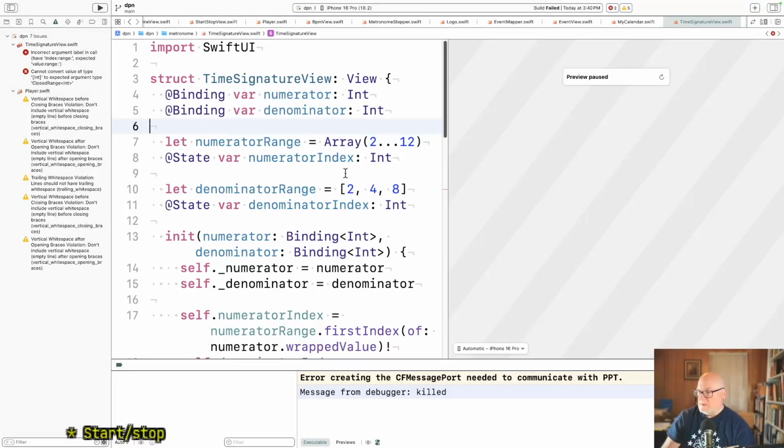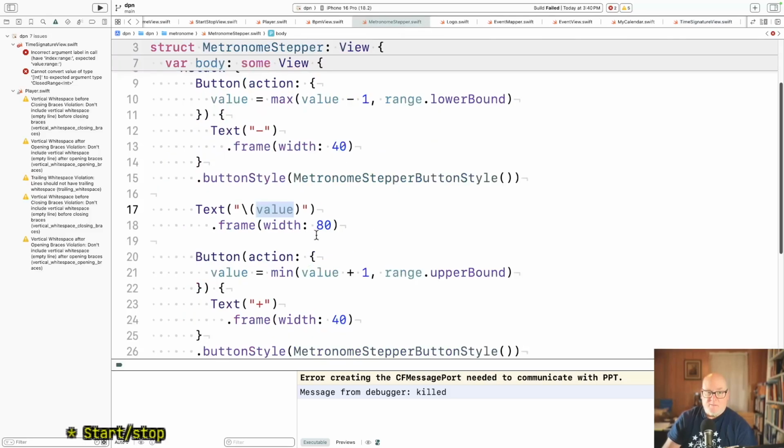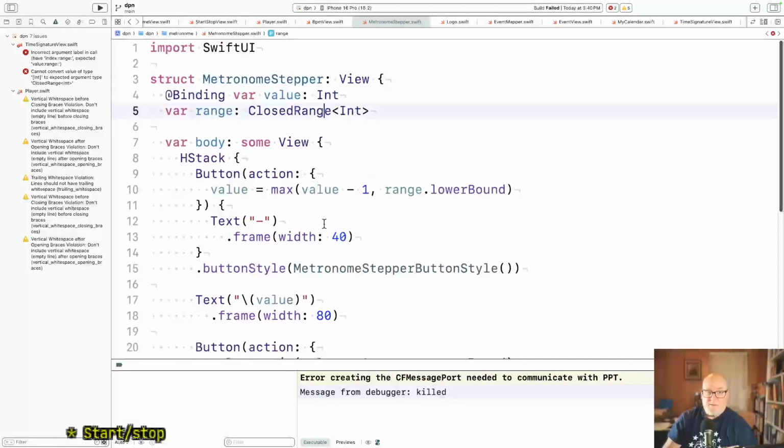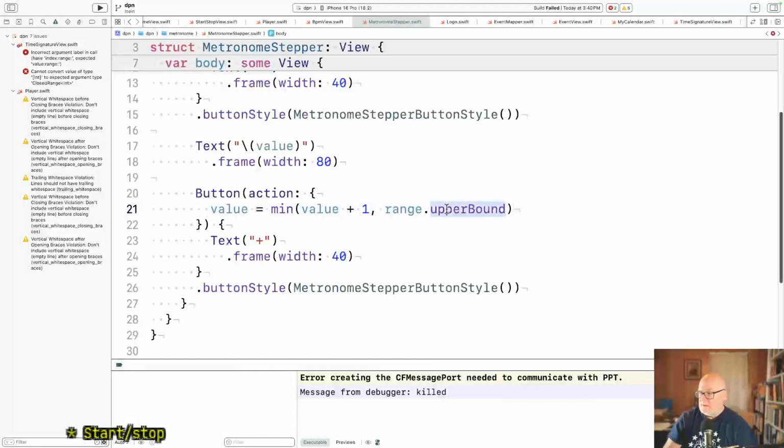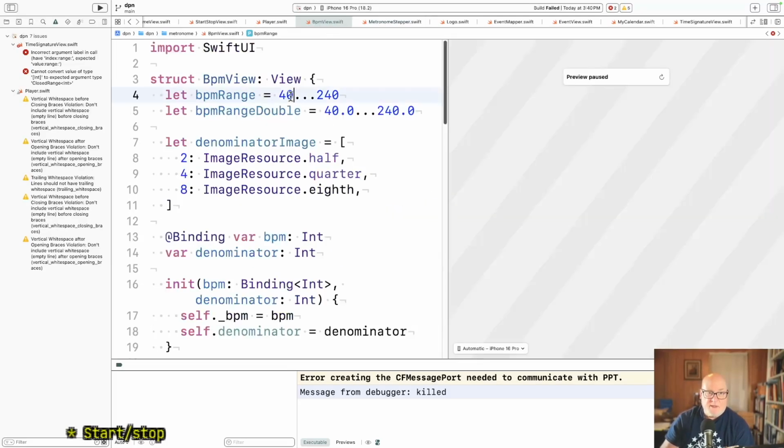The stepper goes from 0 to some value. No, the stepper goes from the minimum range to the maximum range, the lower bound to the upper bound. In the BPM call, the range is 40 to 240, so it goes between those values. But in the